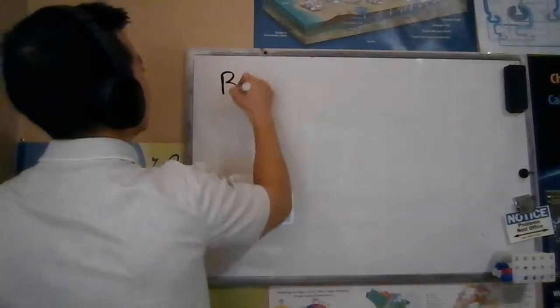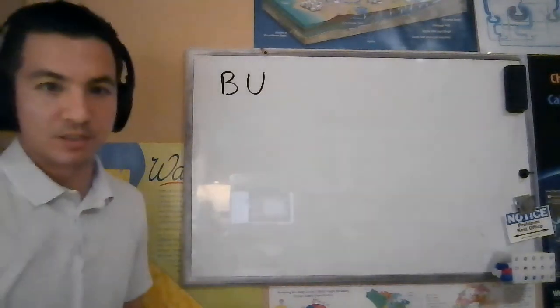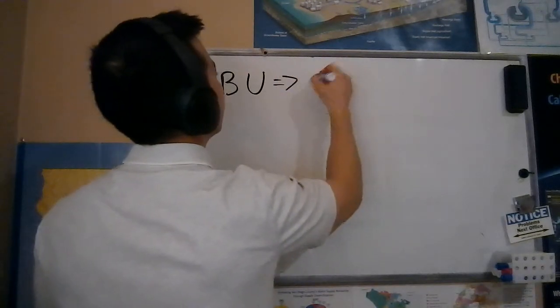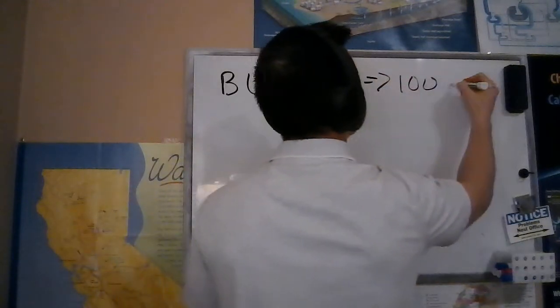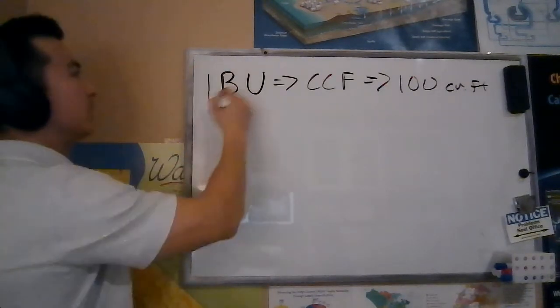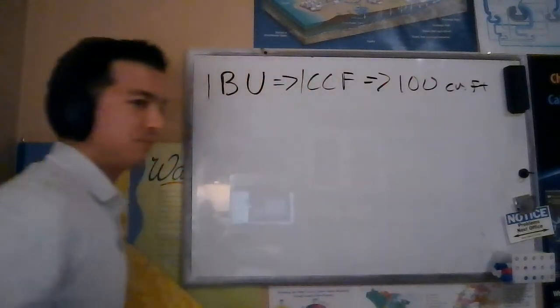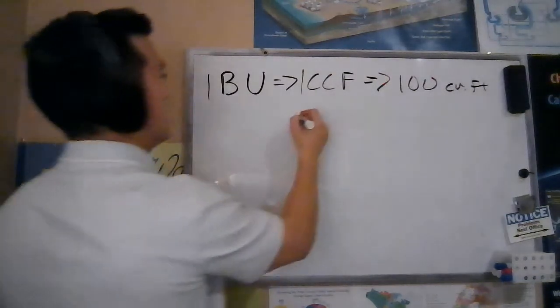Now, the way we bill for that commodity charge, we typically charge in terms of BUs. You'll sometimes see them as BUs, which stands for billing unit. You'll also see them sometimes written out as CCF. Well, what do all those mean? They mean the same thing as 100 cubic feet. A billing unit, one CCF, is 100 cubic feet. So if you used 1 unit of water on your water bill, you're charged based on those units, you're actually using